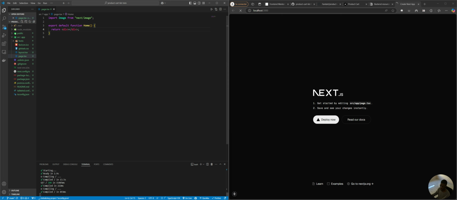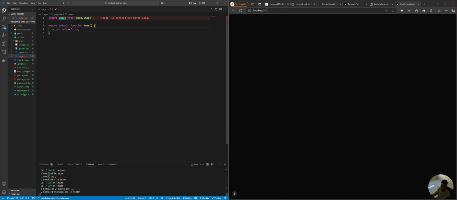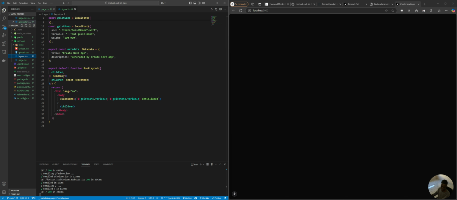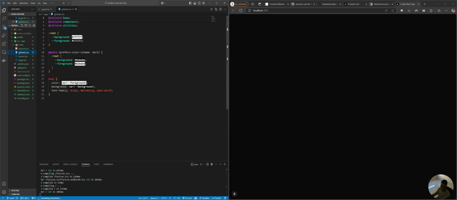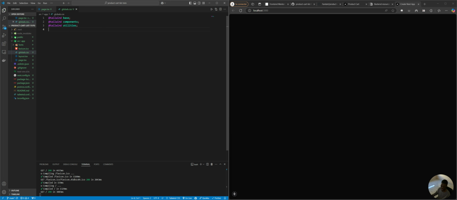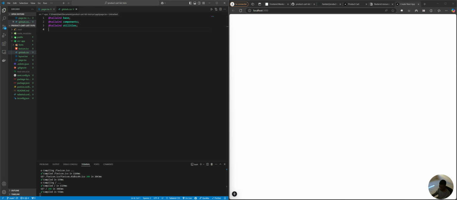Then I'm going to delete the image. Then the layout, we are going to modify the layout later, but I'm going to come to global CSS and I'm going to delete all this CSS,